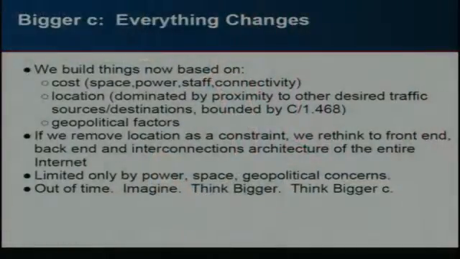So this other stuff matters, but let me point this out: if we fix C, it actually changes everything about how we build networks. Everything about the internet changes. Right now we build things out based on cost, and cost is usually a factor of a combination of space and power cost. We heard a lot about that at the data center gathering. Staff cost to a certain extent. Connectivity, where can we get the right kinds of good connectivity? The location is often based on end user latency, and end user latency is dominated by C. All this other stuff is a wash.